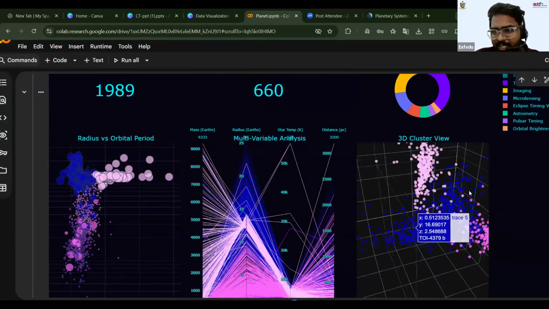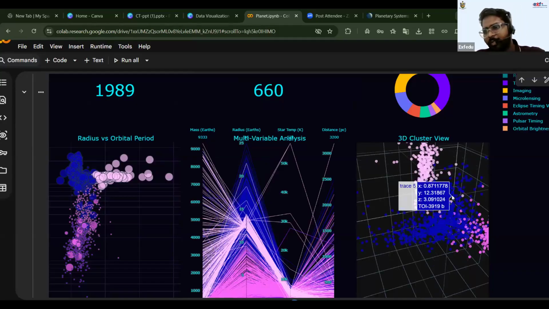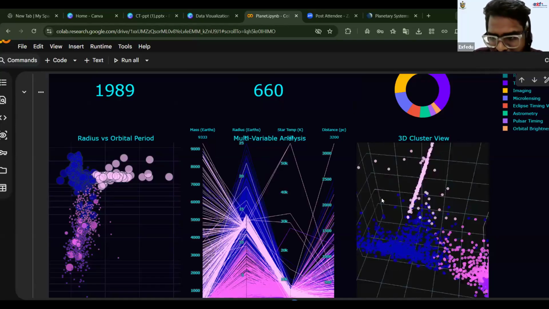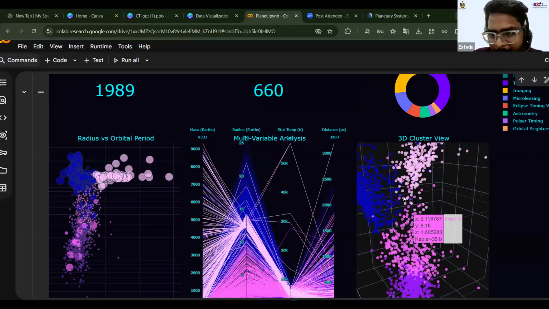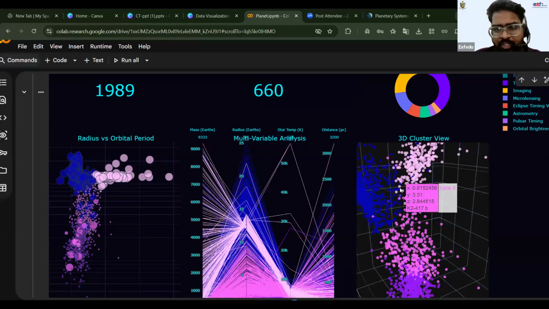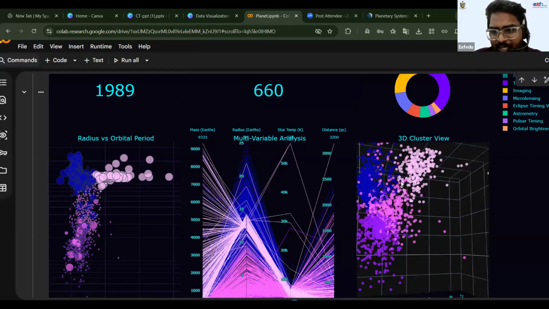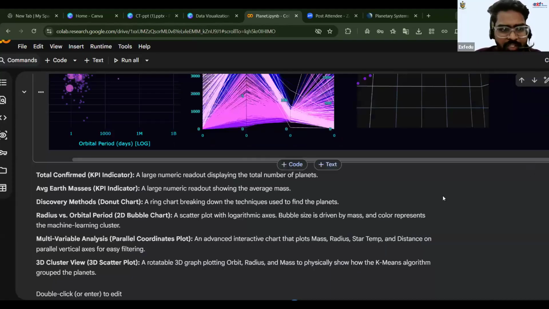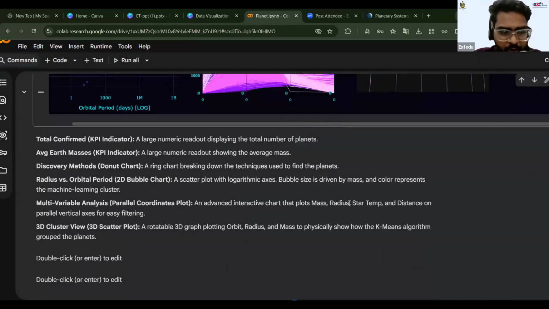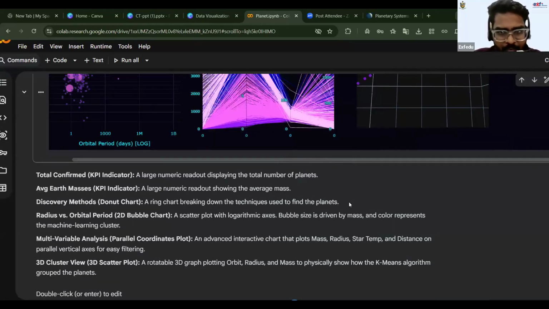You have interaction over your 3D cluster view. Placing your cursor on each data point tells you the planet name, the trace it belongs to, and how they differ from each other. The three-dimensional axes show the same proportions of how they fare to each other, or the distance between them. It's the same planets, and how they align together in space. This is how we visualize interactively through Python, and these are a few basic charts, including 3D plots.